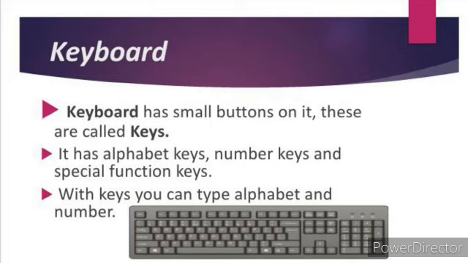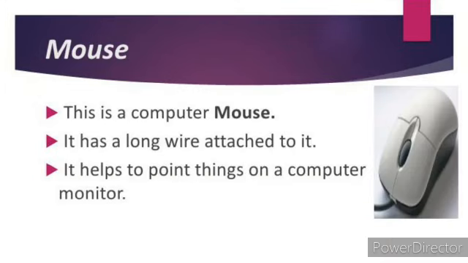And now we are going to discuss about another important part of computer, which is mouse. This is a computer mouse. ये एक कंप्यूटर माउस है जिसकी पिक्चर आप देख सकते हैं। It has a long wire attached to it. इसके साथ एक लंबी तार मौजूद होती है। It helps to point things on a computer monitor. कंप्यूटर माउस की मदद से हम कंप्यूटर मॉनिटर स्क्रीन पर आइकन्स को पॉइंट कर सकते हैं।